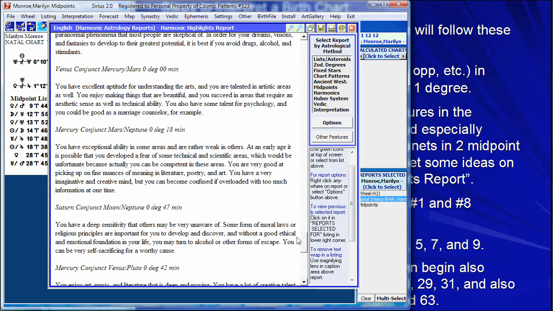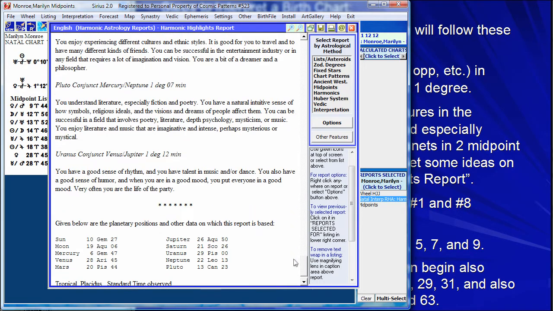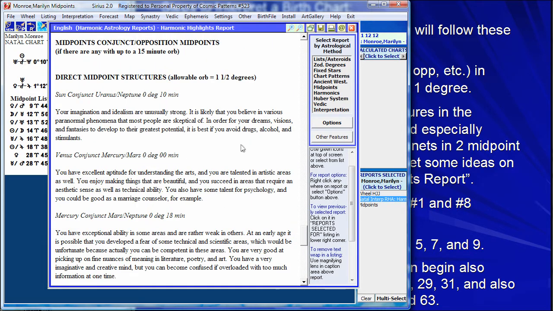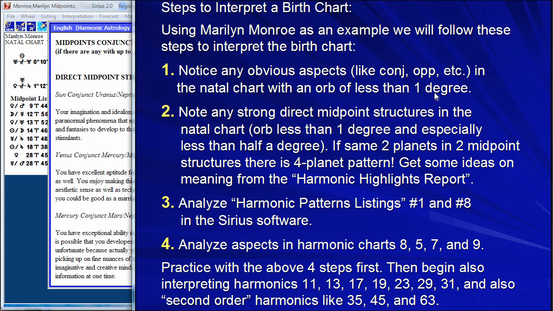Marilyn Monroe has a lot of direct midpoint structures in her chart. Most people have one or two or three. She happens to have a lot. Okay, now,